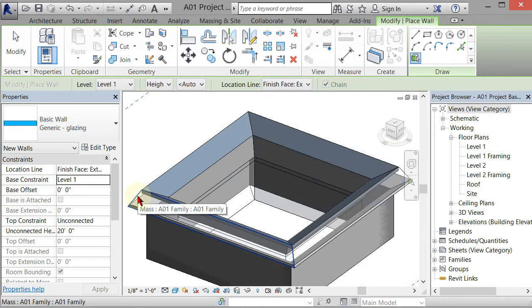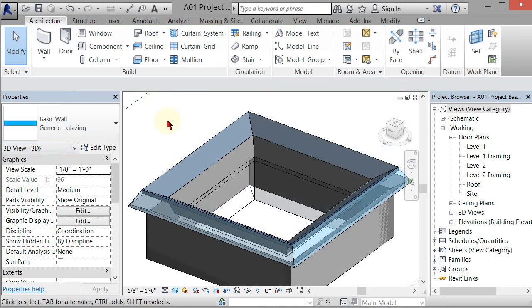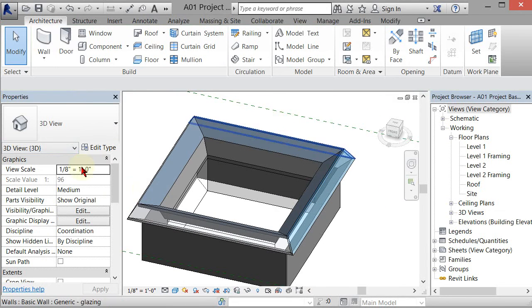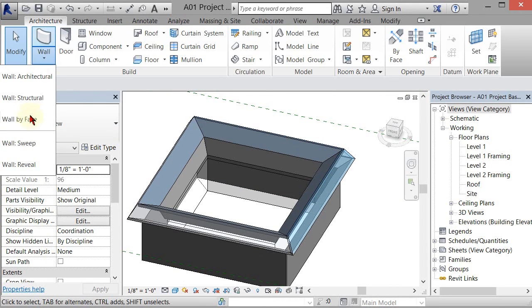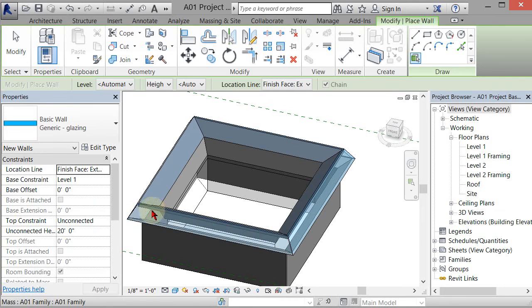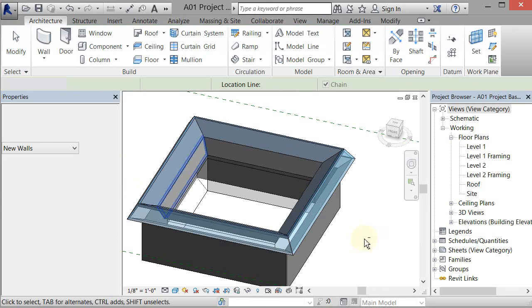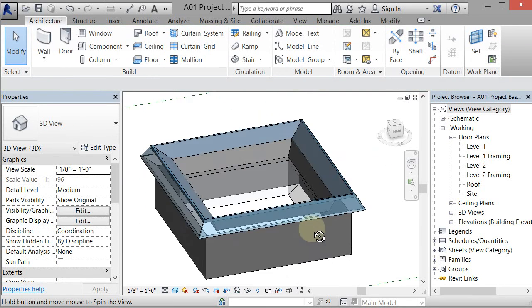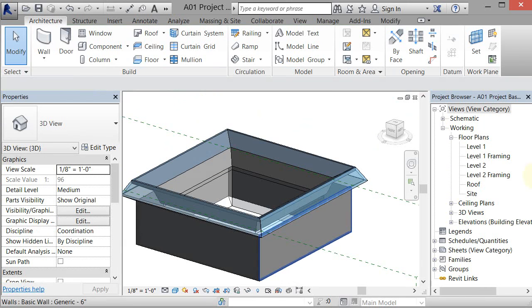So now you can go around and pick and place the glazing on that monitor. Okay, so I'll go ahead, Wall by Face, pick there, and that should do it. Okay, when we come back, we'll take a little bit closer look at this guy. But you can kind of see where we're going with this. All right, so I'm going to